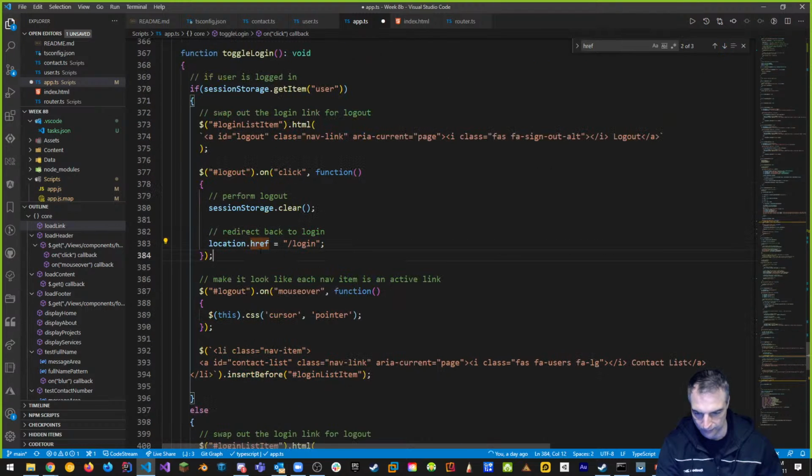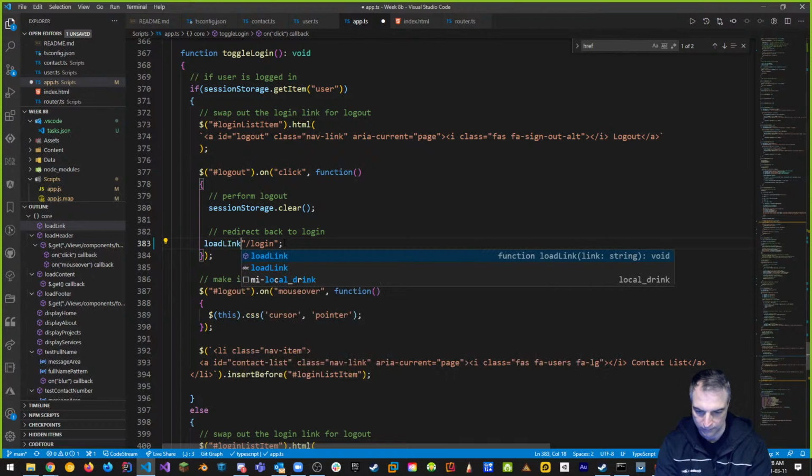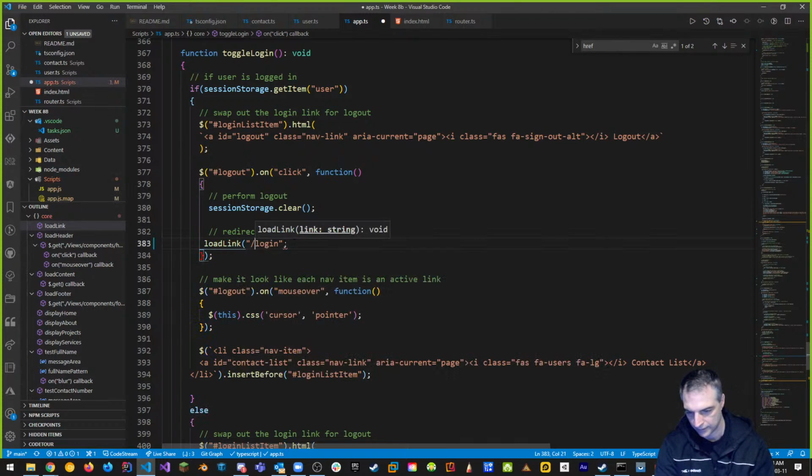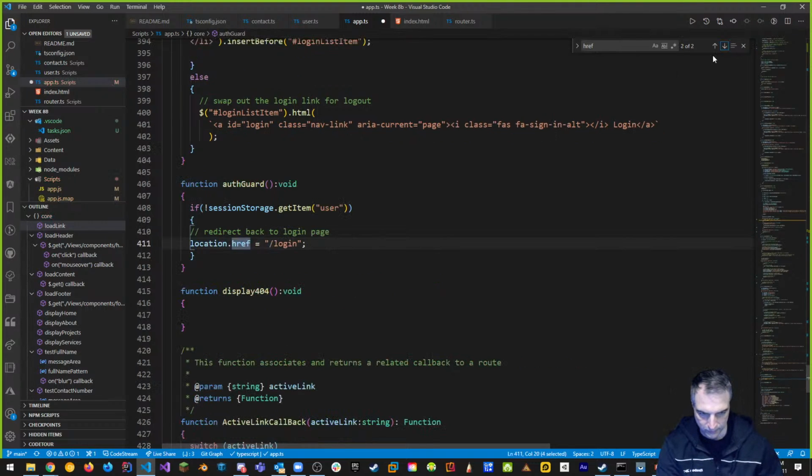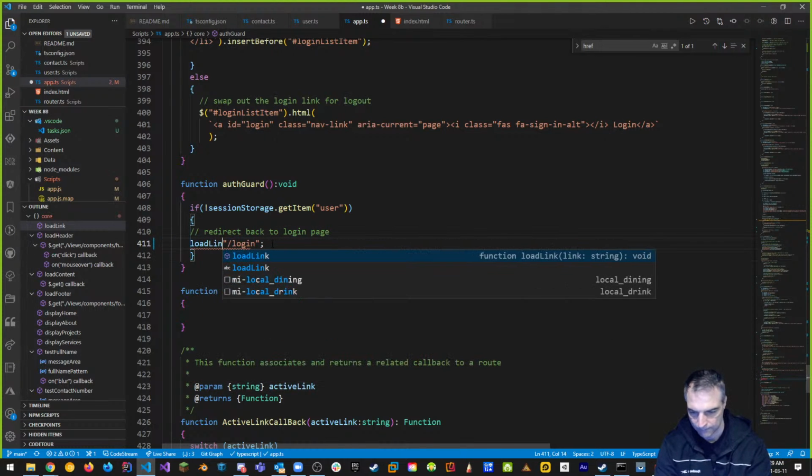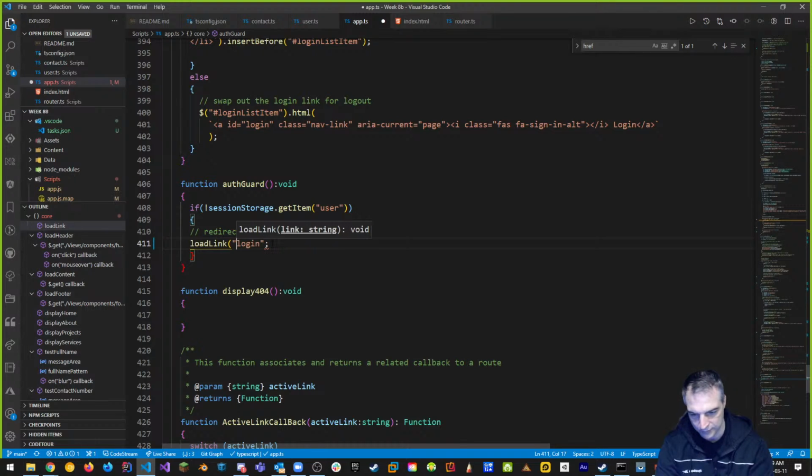There's only a few left. Here's one. Load link. Now let's get rid of this and put this there. Okay, and the last one, which is this one. Now I'm not looking at what these are. I'm just replacing right now. Okay,